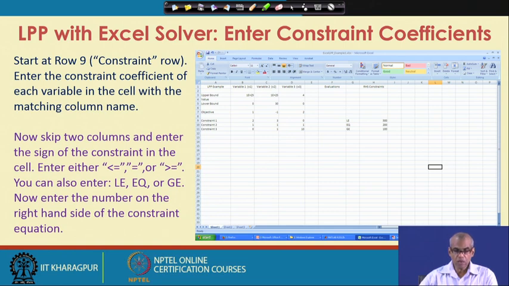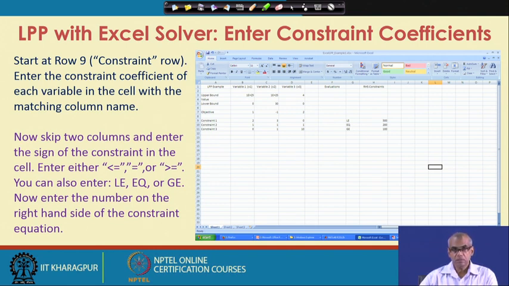Now, skip 2 columns and enter the sign of the constants in the cell. The constants may be greater or equal to or less or equal to type. So, appropriately you put in the column G, and then in column H, which contains right hand side constants, you put the right hand side constants for these 3 constants.